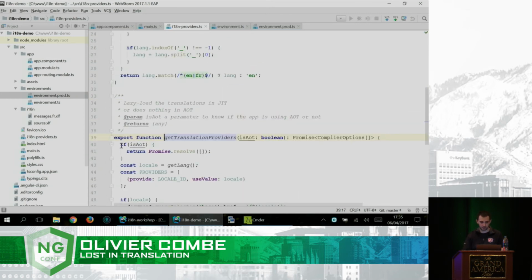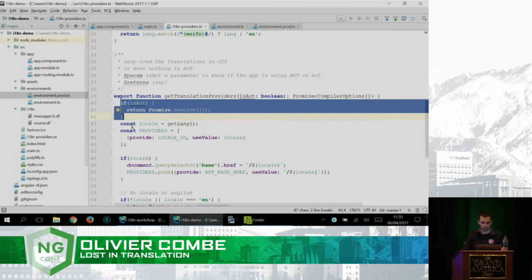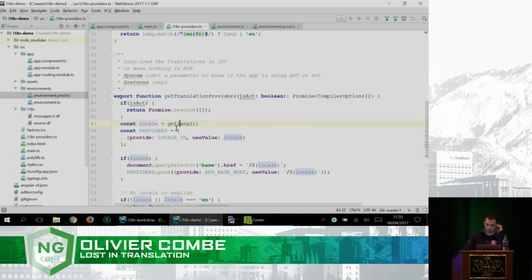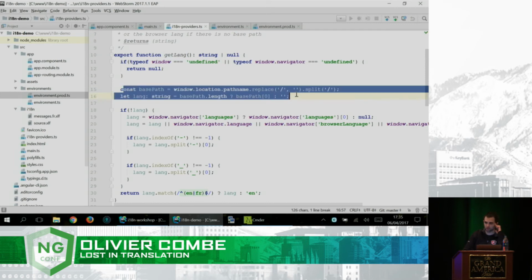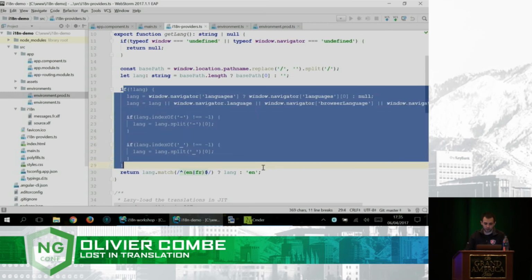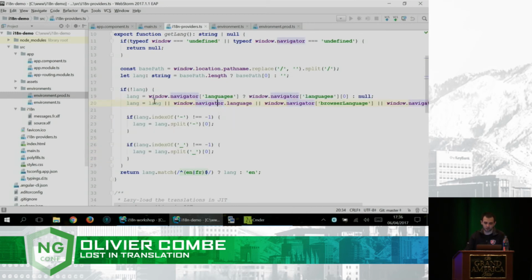And if it's AOT, I just return immediately. Otherwise, I will get the language. To do that, I will either use the current path of my application, if it's /fr or /en, for example, and assume that this is the locale that you want to use. If there is no path, I will detect the language of the navigator,